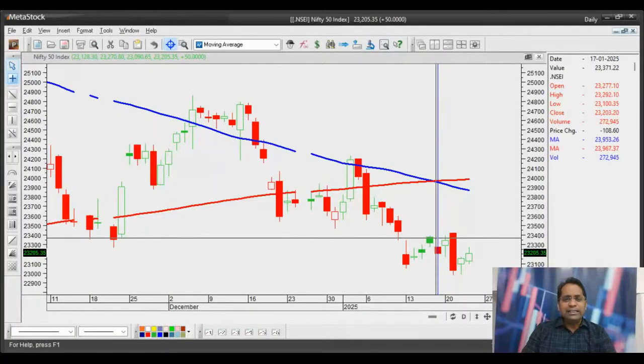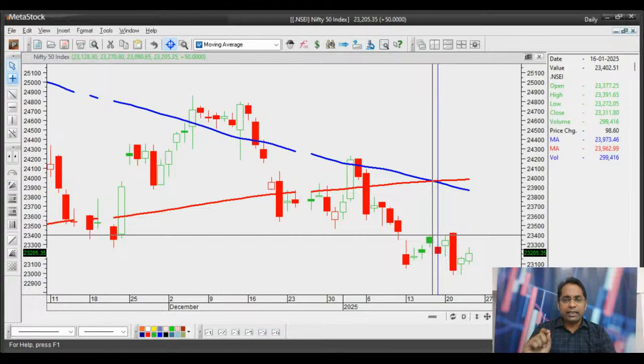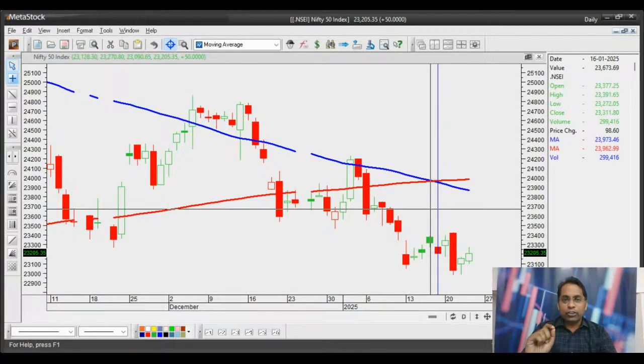Death crossover in very simple technical terms. As you can see on the chart, I am assuming that today you can see the charts and the screen is properly visible to all of you guys. So the idea with death crossover is the 50 DMA crossing below the 200-day moving average. So what does this mean? This typically means that the short-term moving average, that's the 50 DMA, falls below the 200 DMA. That indicates that the short-term trend has become bearish for the index.